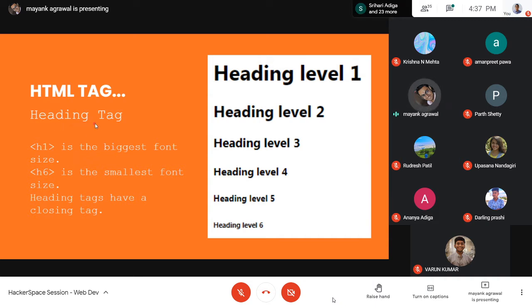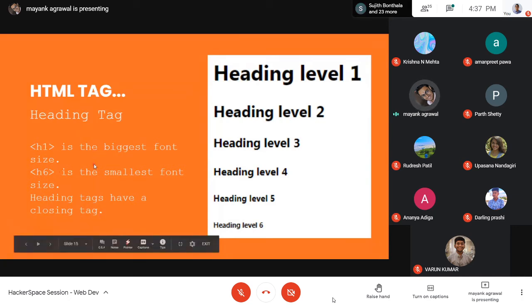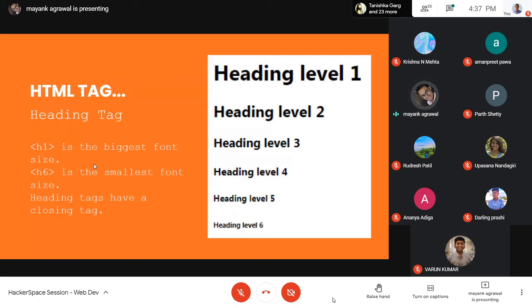Whereas these heading tags all have a closing tag with them, and these tags always come in pairs. Say there's H1, then after that you need to close H1. You can't close any other tag instead of H1. You need to take care of that at least. The major problem is that HTML won't give you an error or anything like that, as in the case of C++ or Java.